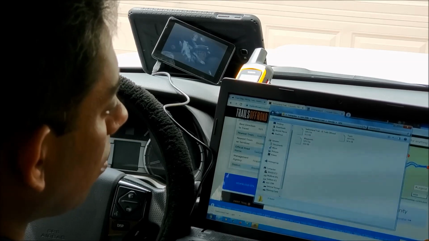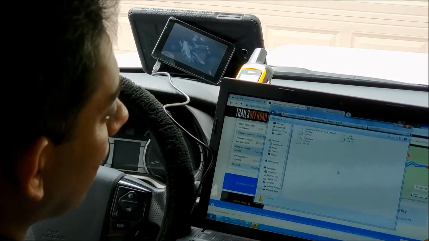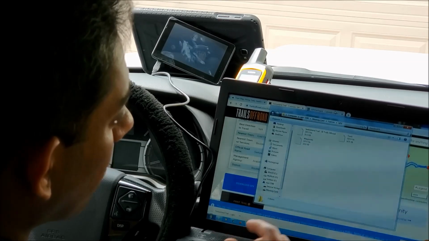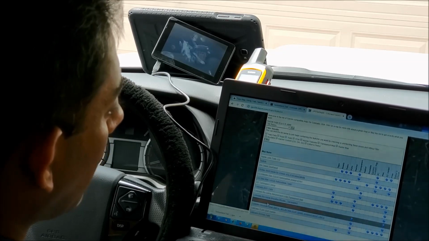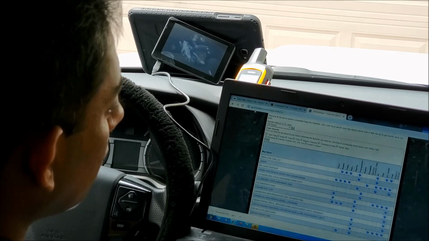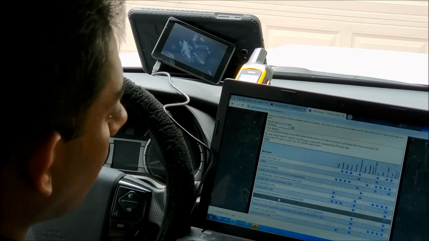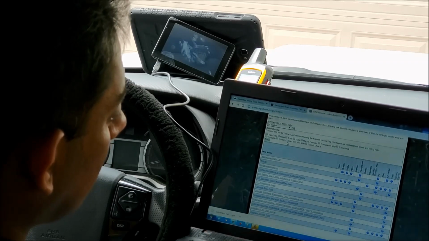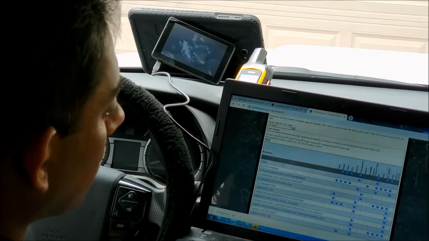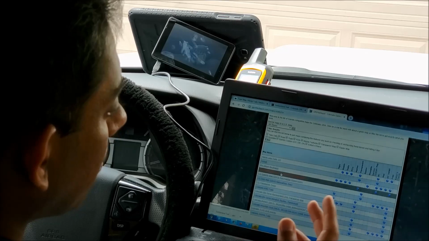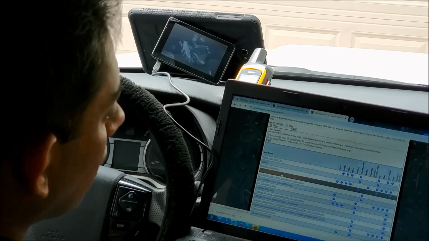So I'm going to close this. Oh, one more thing, if you want more maps like topo maps, 4x4 maps, you can go to gpsfiledepot.com and you can select your state. You can have all these free maps. Most of them are free, at least I took the free maps.